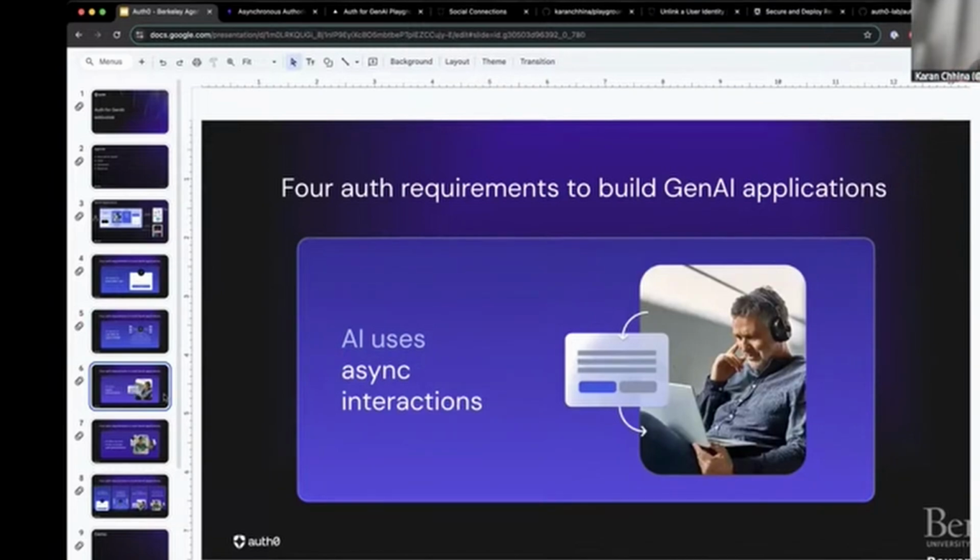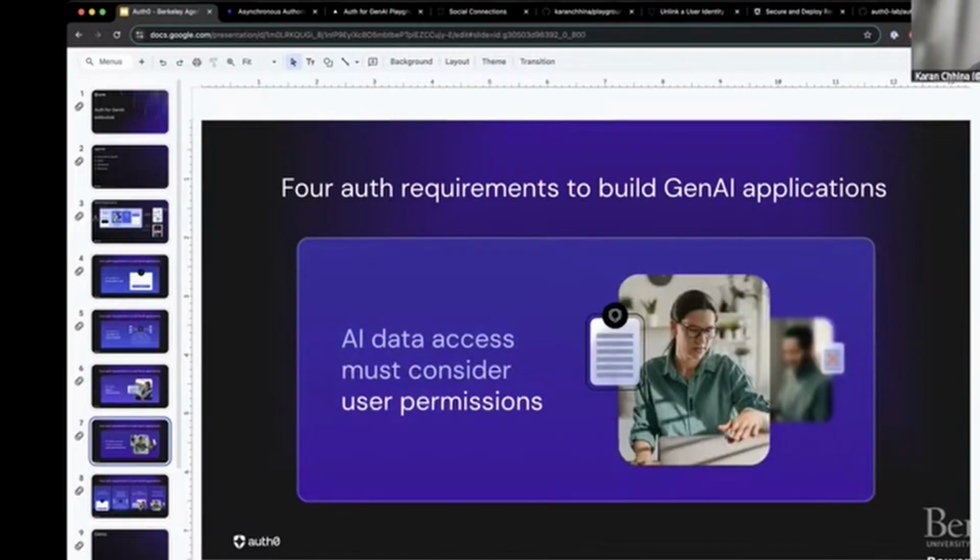Then asynchronous interactions. This is where an agentic app that might be running in the background now needs some kind of human approval process, needs to reach out to a human and get that approval. That is another one of these requirements. And then finally, via RAG, retrieval-augmented generation, a lot of agentic apps can access data,